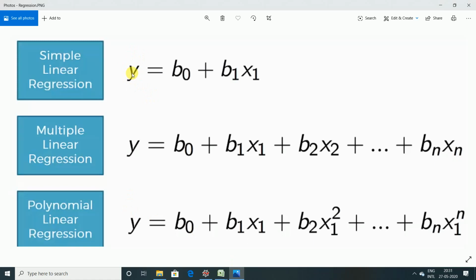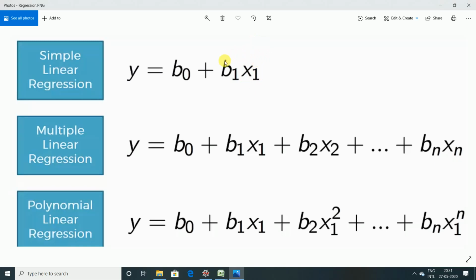For example, how does a person's salary change with the years of experience he has? In that case, y would be the dependent variable, and x1 is the only independent variable we have. That means in a simple linear regression we have only one independent variable.